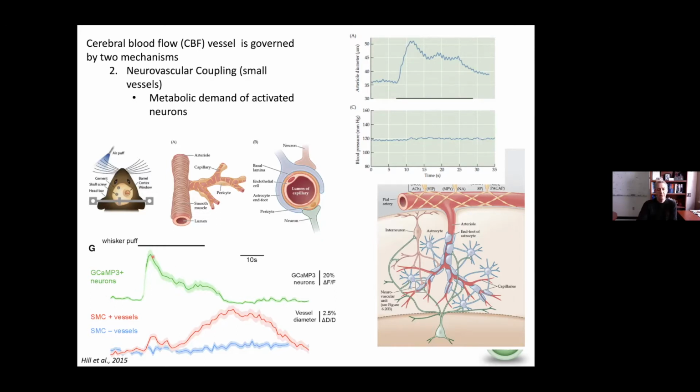Here's a nice example here. We see an active neuron, and then a few seconds later, after its release of vasoactive substances, particularly in vessels exhibiting smooth muscle, you'll see a light vasodilation, which ensures that the blood can now reach the neuron. Remember, these neurons consume an enormous amount of oxygen during a local field potential or action potentials. And so, keeping them well fed is very, very important.